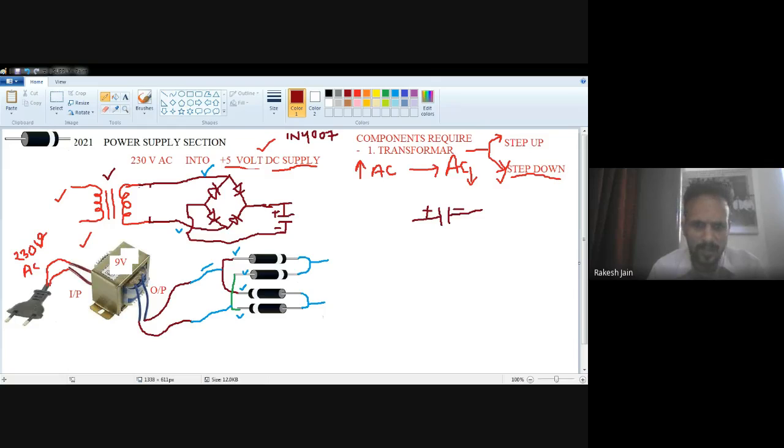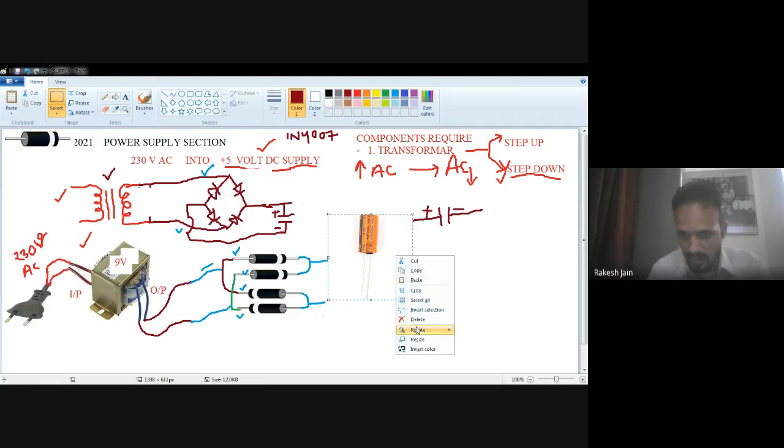So it may be black color, blue color, any color. It is written over there. If you see very carefully, 1000 microfarad 25 volt capacitor. So let me purchase this capacitor, 1000 microfarad capacitor, 63 volt or